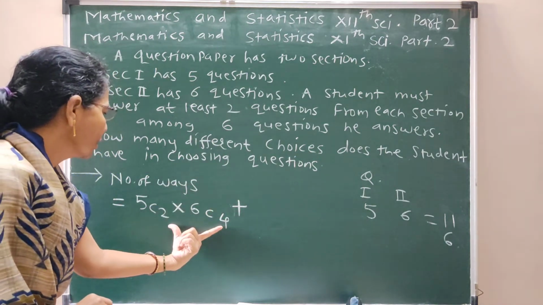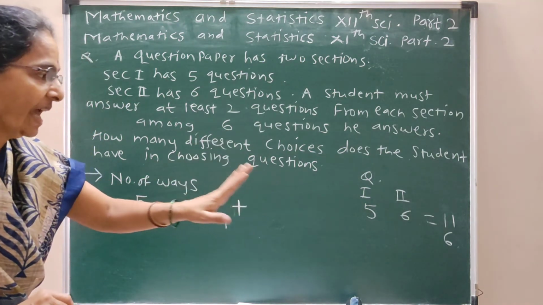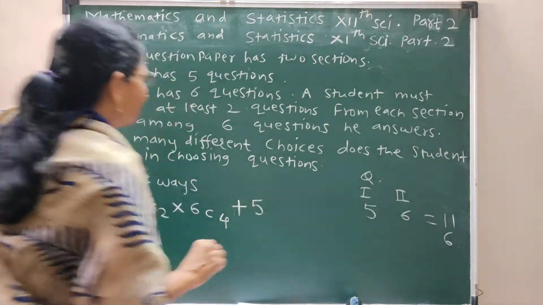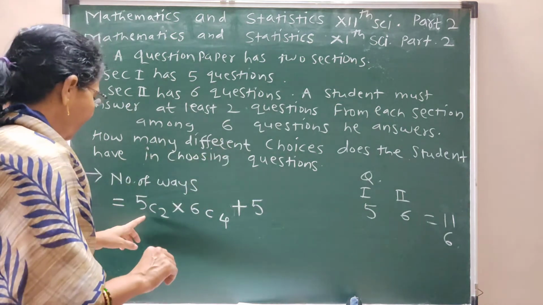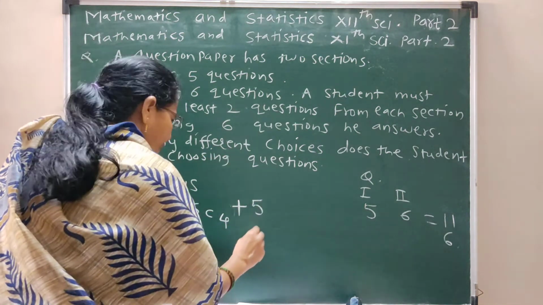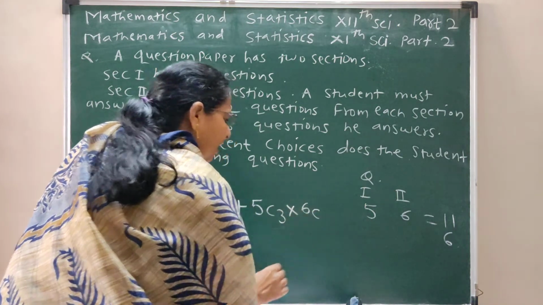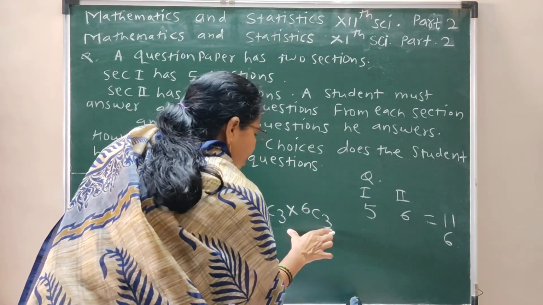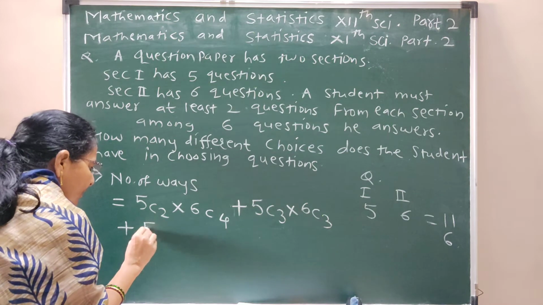Therefore, the total becomes 6 questions he has to solve, plus: at least 2 means he can choose 3 questions also. If he takes 3 questions from 5 questions, from 6 questions he has to take again 3 questions. So questions become 6 plus